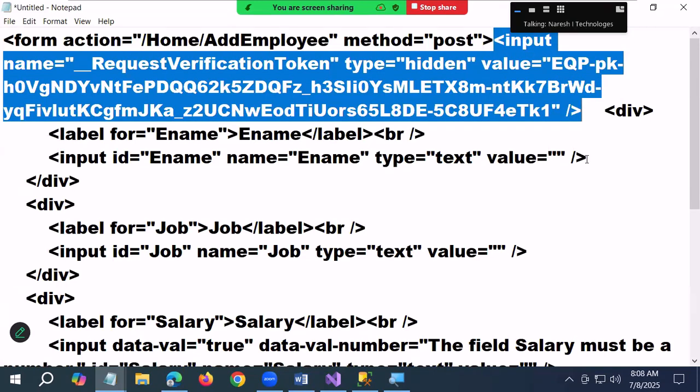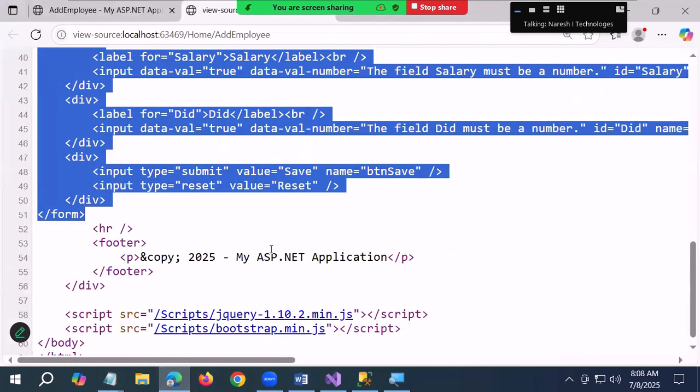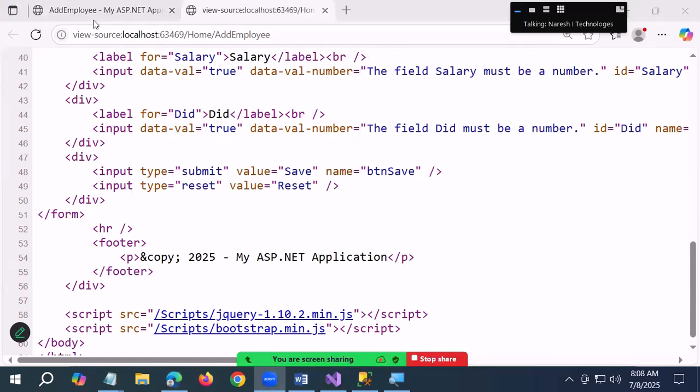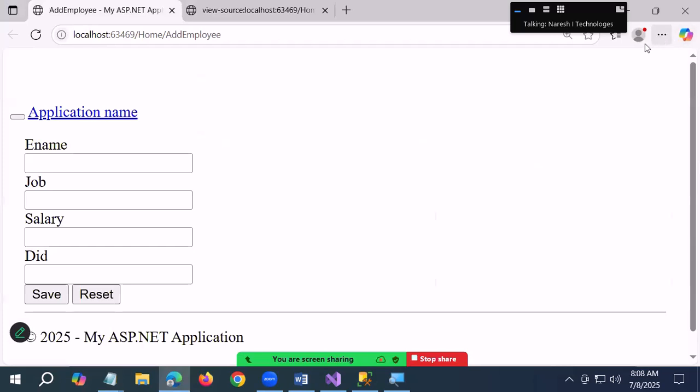There is a hidden field with a token value, called the request verification token. What do you call it? Request verification token. The same request verification token you're seeing here, guys, actually, if you go to your